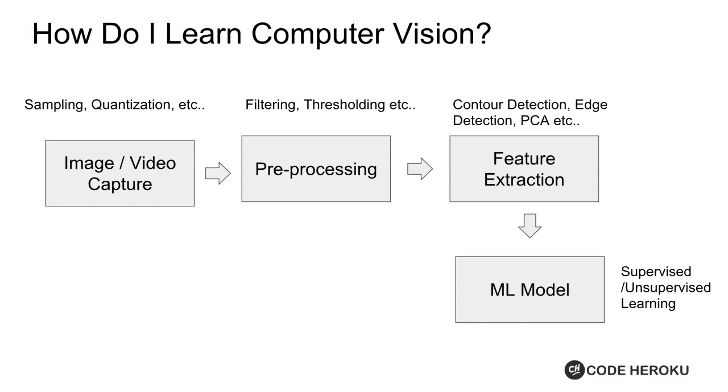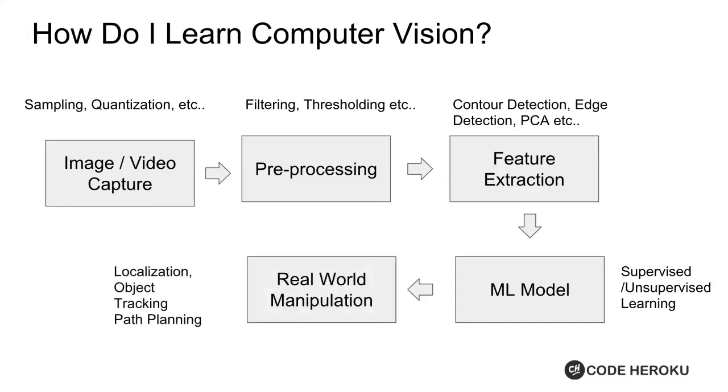So we are trying to do three things that we spoke about. We want to know what's in the image. The next thing that we want to know is where is it? And the third thing that we want to know is, once you know what is it and where is it, you also want to know how do I manipulate it? How do I go about acting on that real world? And that's where the machine learning model also comes in, in the first two parts, where it is trying to understand what is in the image and where it is. That's how you will use the machine learning model. And then the final part is how do I go about manipulating the real world object? That's where the real world manipulation aspect comes in.